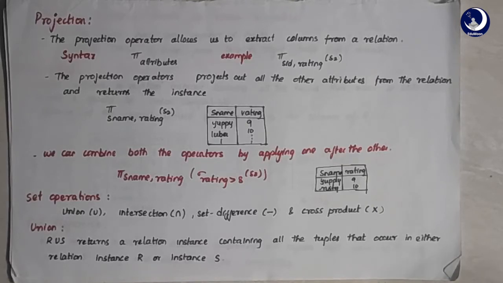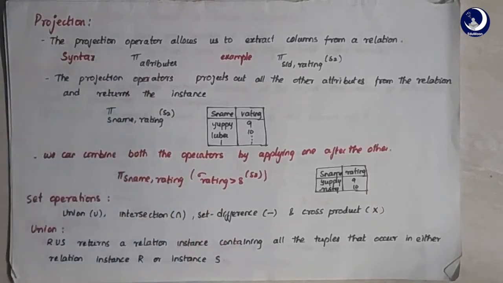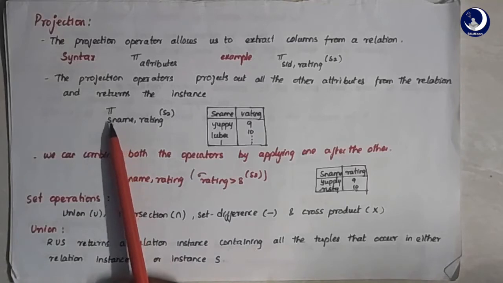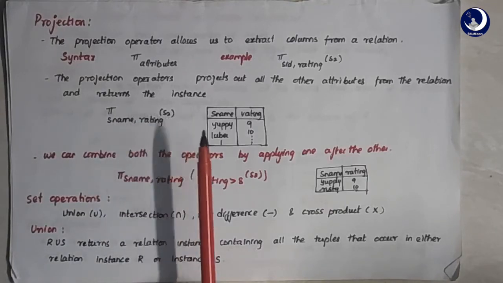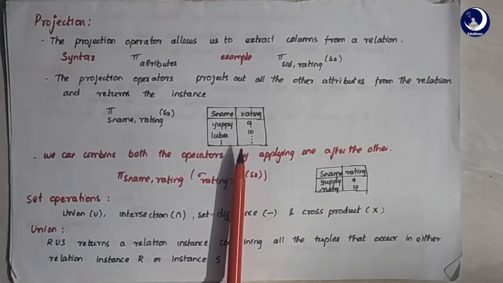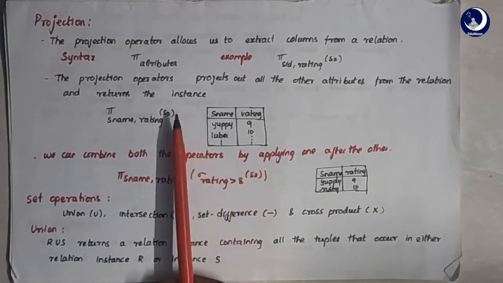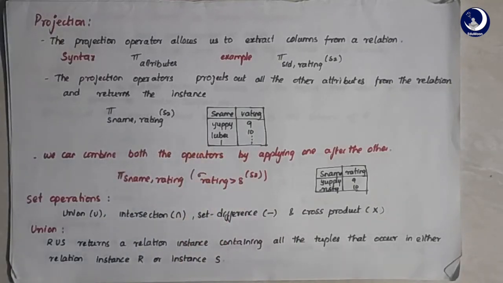So the syntax that we use is, see here, the pi is used for representing a projection. So pi subscripted by attributes. In our example here, the projection operator subscripted by sname and rating of instance S2 gives me a result which is an instance containing sname and rating of instance S2. Generally the S2 instance has 4 fields. Here I am projecting out all the other fields, which are SID and age, and I am only printing sname and rating according to my syntax or example.